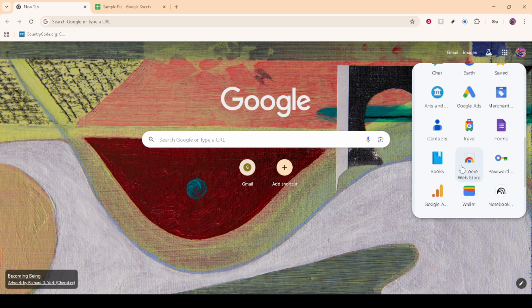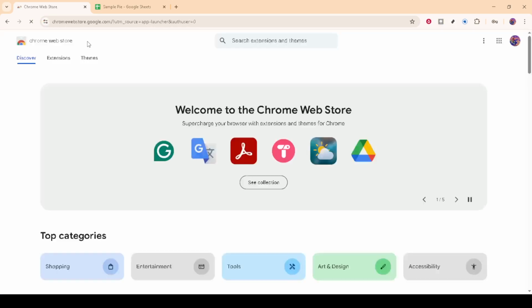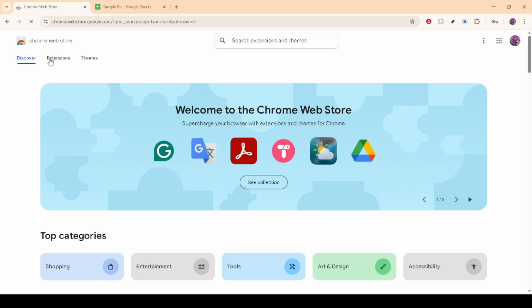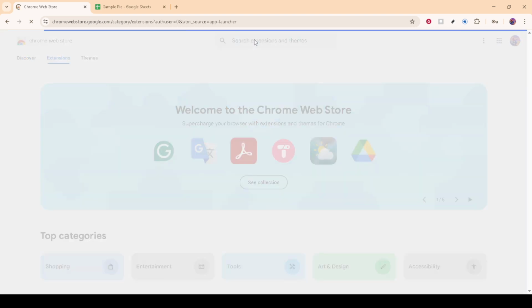First, you'll want to open the Chrome Web Store. This is where we'll find the necessary extension to change our Google Sheets interface to dark mode. Open your Google Chrome browser and navigate to the Chrome Web Store by entering the phrase into your search bar. Or simply Google it if it's more convenient for you.